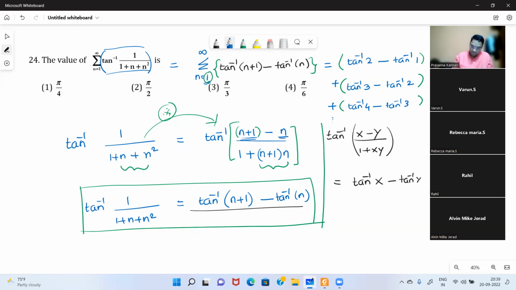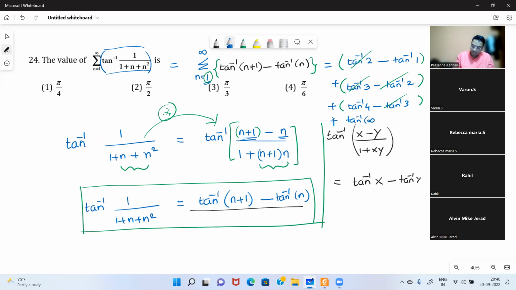And if you see what is happening here, this term and this term are getting cancelled. This tan inverse 4 will cancel with the minus tan inverse 4 in the next term, correct? Finally, what will be there is the last term, minus tan inverse infinity